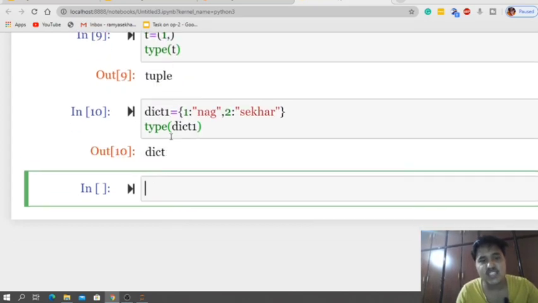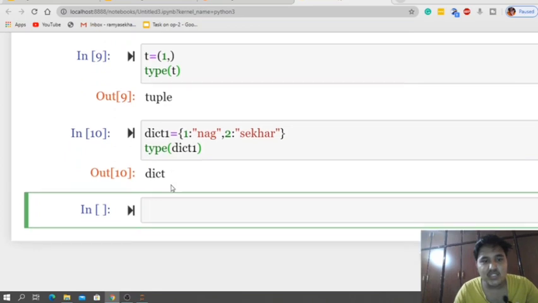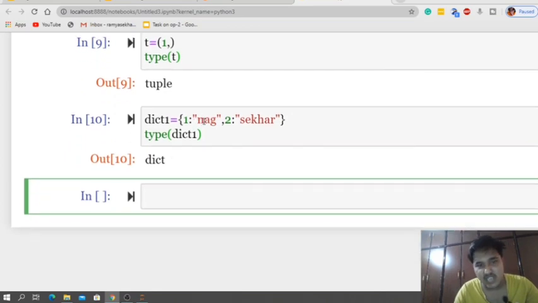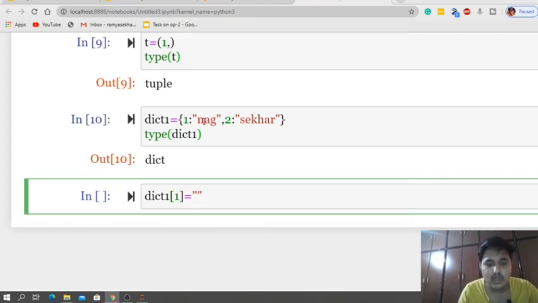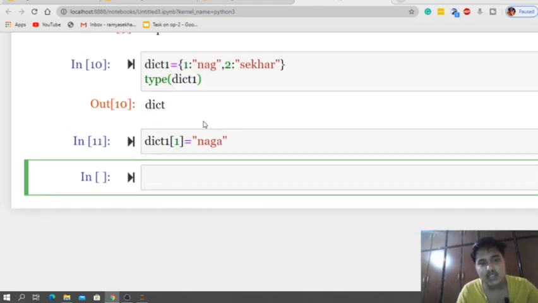That is dict. Is this clear? Yeah. Now I want to change Nag. So how can I change that? dict1 of 1 is equal to, I am changing it to Naga. See, it is valid, okay?